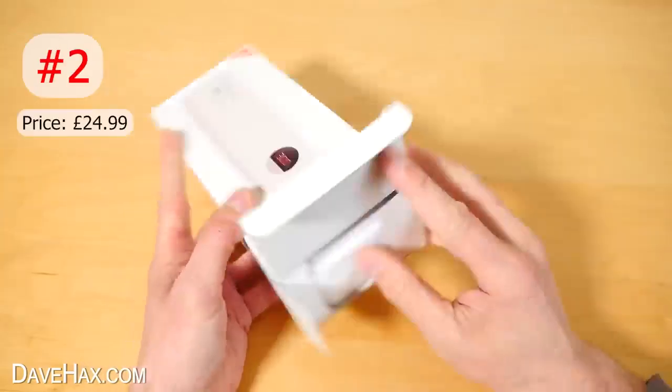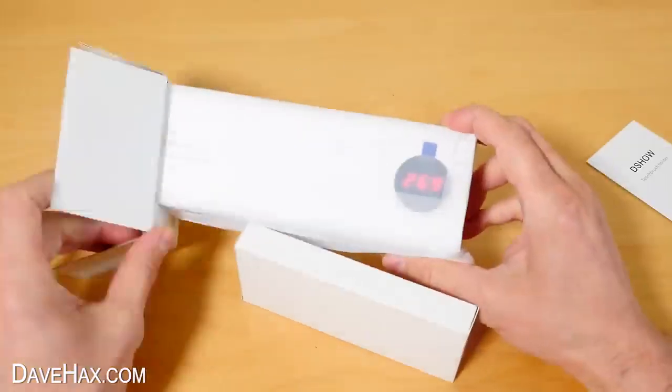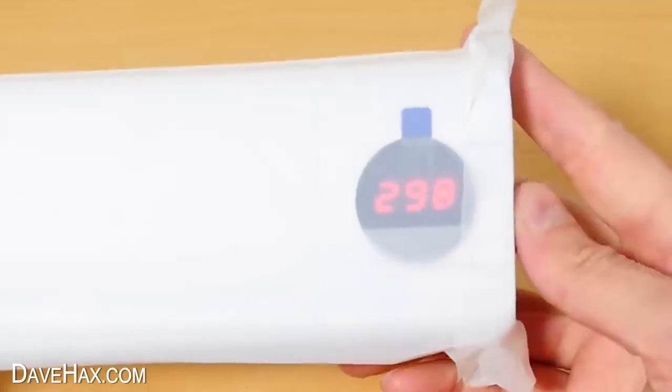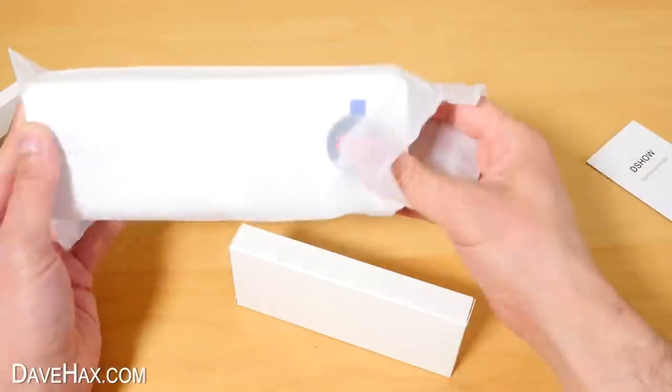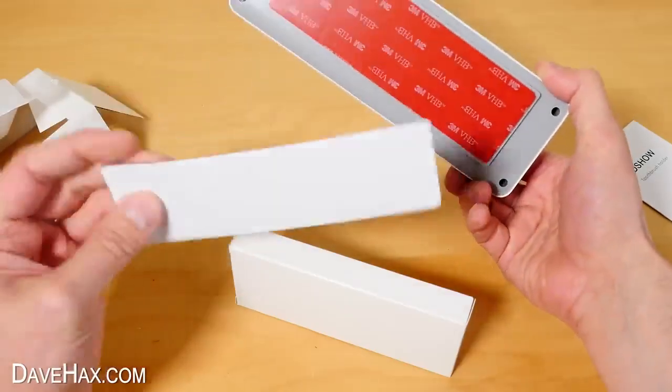Next I want to show you this. It's a UV toothbrush sanitizer. I pulled it out of the box and here we go. Oh dear, it looks like I managed to turn it on somehow as well. I must have pressed a button. Let's take it out of this bag. Yeah, there we go. So here's the unit, and it looks like they give us a spare one of these